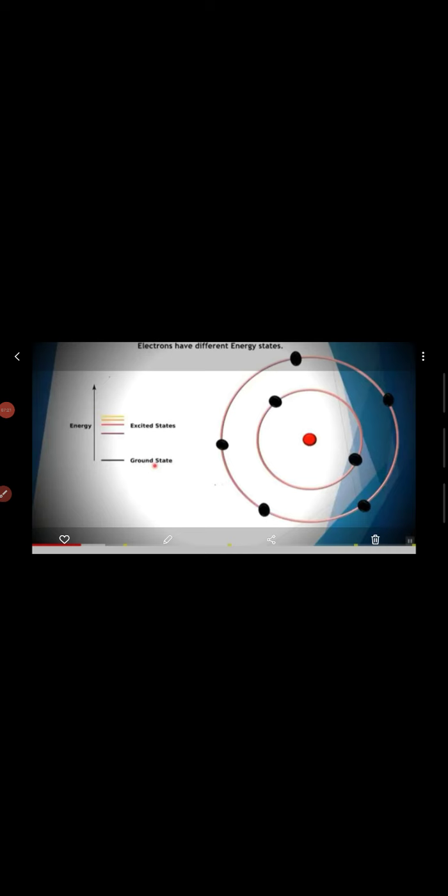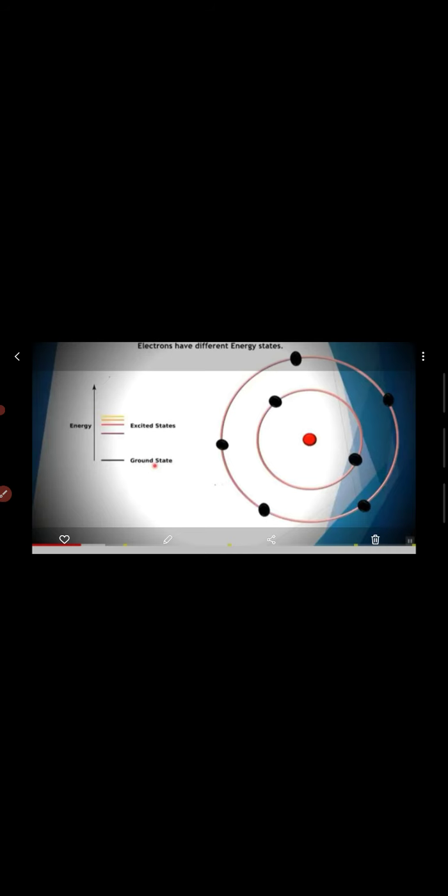Students, there is a structure of atom. There is a nucleus and the electrons are revolving around it. Electron can go in two states. One is its natural state in which it resides naturally, that is the ground state. And if you give some energy to it in the form of heat, light, or anything, then the electron jumps to the excited state. So naturally it resides in the ground state. When we give some energy to it, it will go to the excited state.